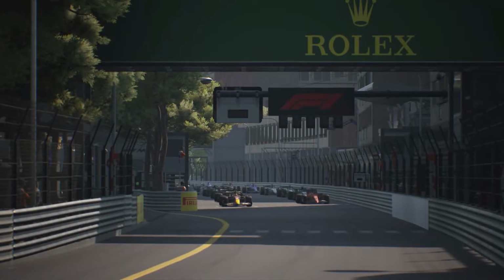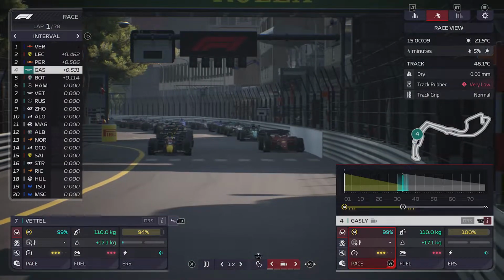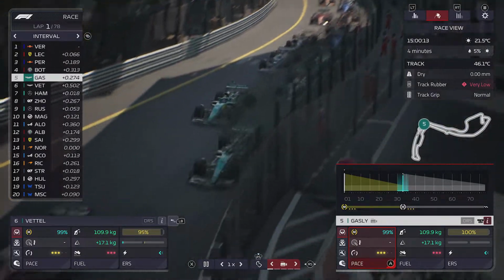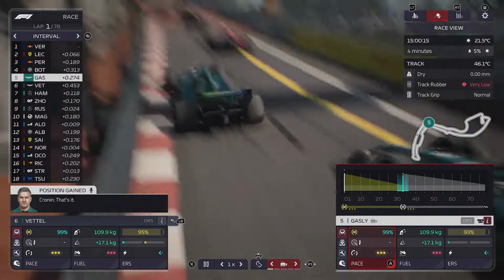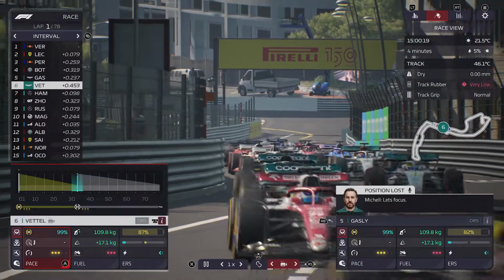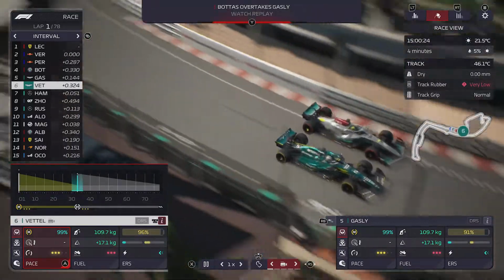We're here and the streets are abuzz at the Monaco Grand Prix. And 5 red lights, and away we go. So now Gasly's had a shocker of a start, and he's already dropped behind Bottas. Oh, that's not what we needed. But Vettel has actually gotten ahead of Hamilton. So both guys are together, and oh no, Gasly's still...